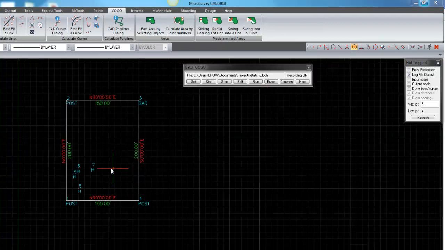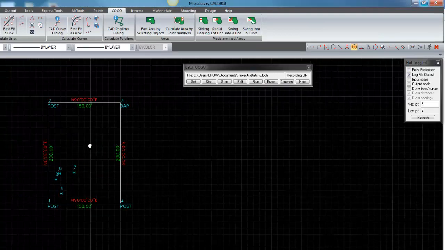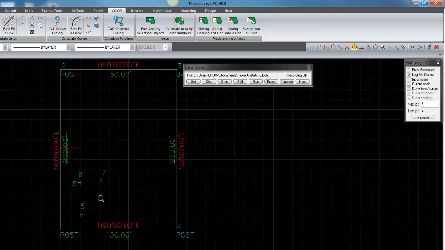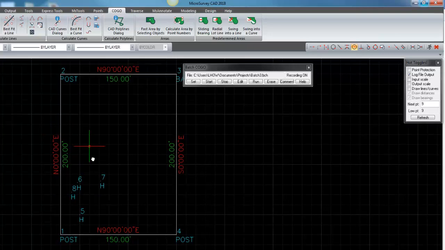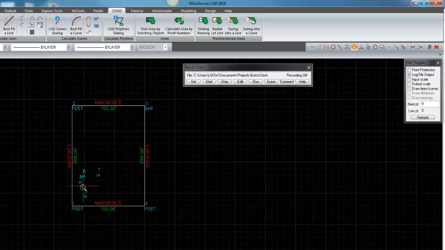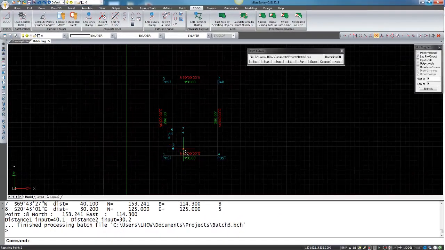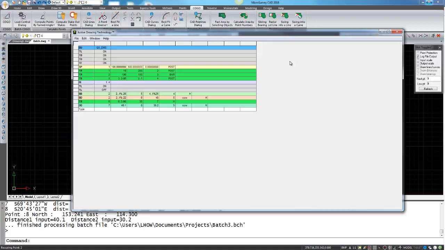And it looks like I have made a mistake. So my bearing for 1 to 2 has not been updated to 10 degrees, and my house corner did move, but it doesn't look like it's in the right place. So if we just go back into edit,